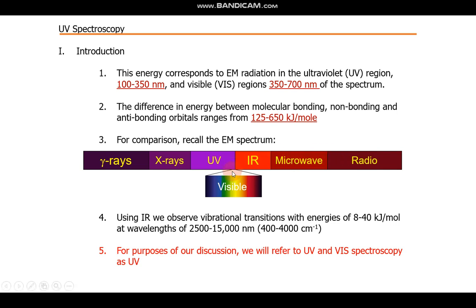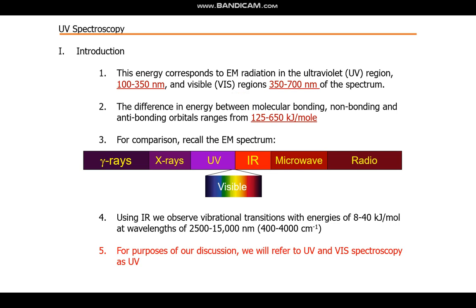And there is a small region which is a visible region, and we are just going to talk about the UV and visible region. UV region extends from 100 to 350 nanometer, while the visible region is in between 350 to 700 nanometer. The energy of this visible and UV region is in between 125 to 650 kilojoule per mole,